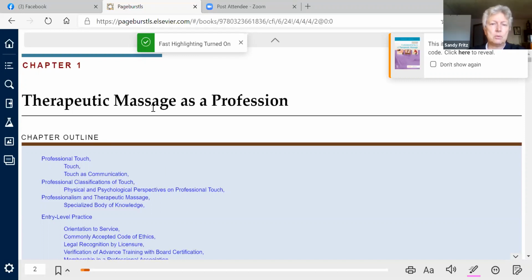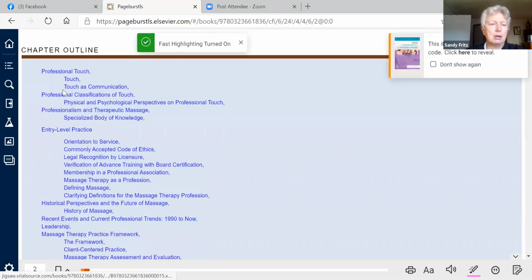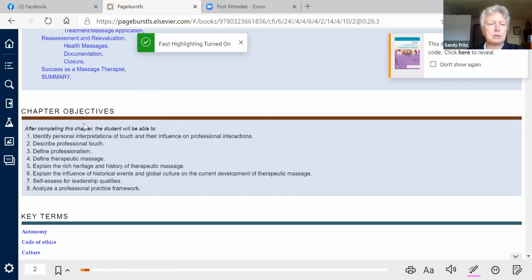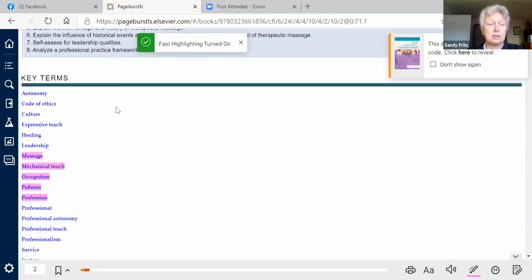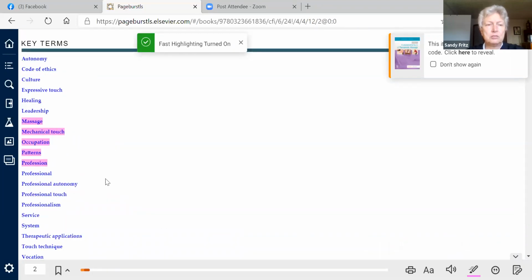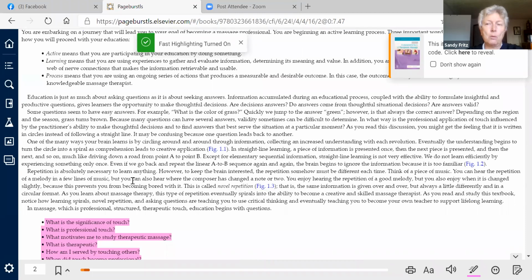So you start with the front material that goes with this, the name of the chapter. Here's your table of contents for that chapter, chapter objectives, glossary, key terms. These are terms you should be able to use and understand what they mean. Then there's an opening